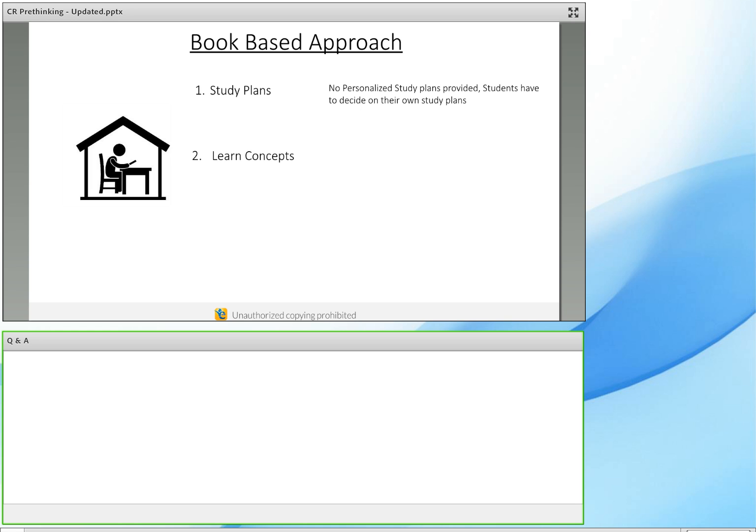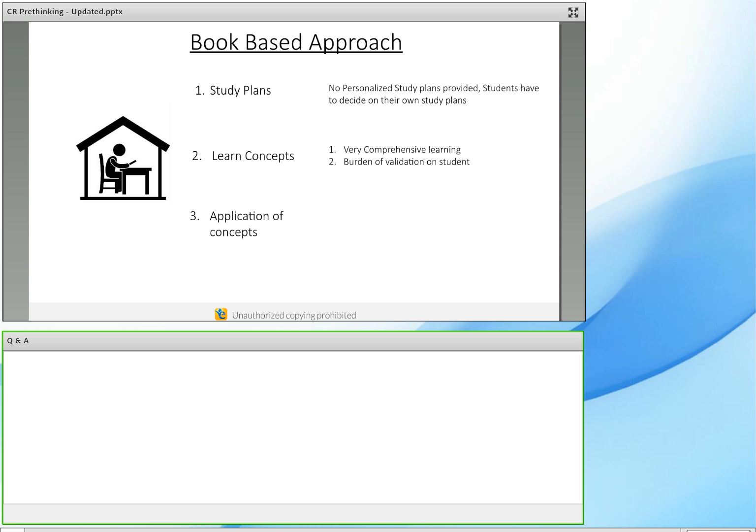Now, books are a great source of learning concepts. The only problem that books have is that they don't give you feedback with regards to how well you've learned a concept. So when 1,000 people go through a chapter in a book, they learn to 1,000 different degrees, and a few of them cross the threshold of learning, others don't. But books don't tell them who has and who hasn't. So that burden of validation remains completely with you as a student.